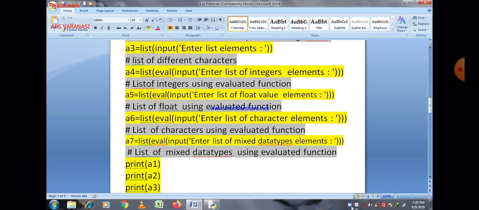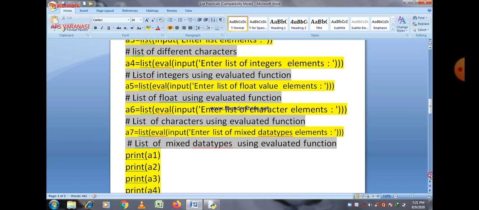It means if they are characters, then they are considered as characters. If they are integers, then they are considered as integers, and if they are float values, then they are understood as float values. So the eval function is very important, otherwise all values are considered as characters only, even if they are numbers. So a4, you can easily see, is a list evaluated with input of integer elements.